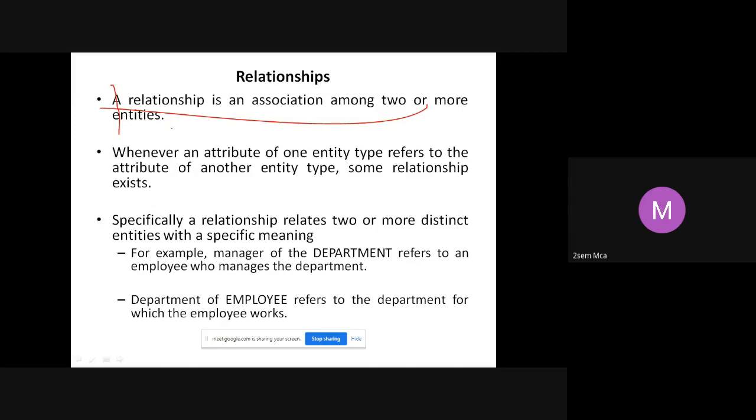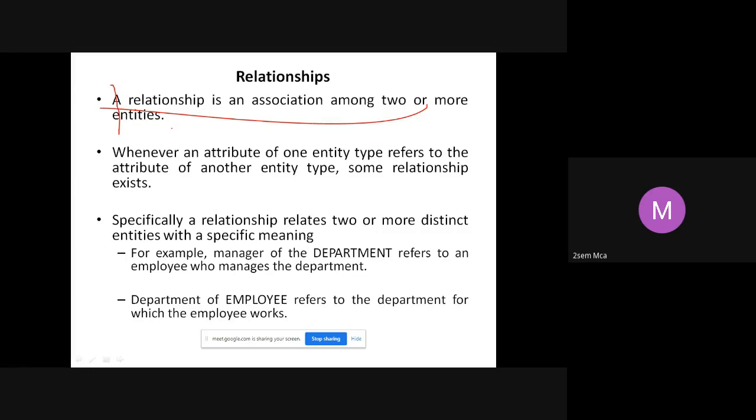We saw 4 important entities there. Student was one entity, book was one entity, author was one entity, and branch was one entity. Now, these 4 entities, as we saw, we cannot have them individually, separately. You cannot deal with them. They have to be connected. That means there should be some relationship between the entities.